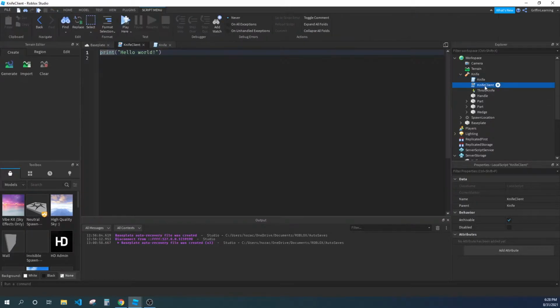Okay, now we can go into knife client and we can get started working on this. First thing you want to do is get the mouse. So we'll do local mouse equals game.Players.LocalPlayer:GetMouse(). And then we're going to do a cooldown just like we did in our other games for how many times we can throw the knife before a cooldown is up. Let's set it to false first, and then we're going to do